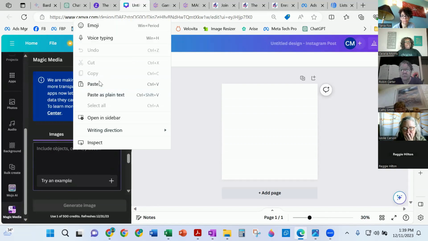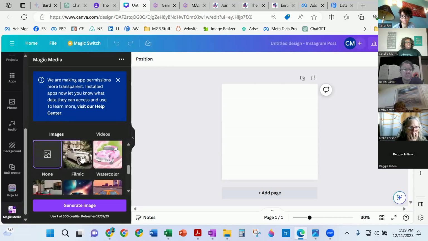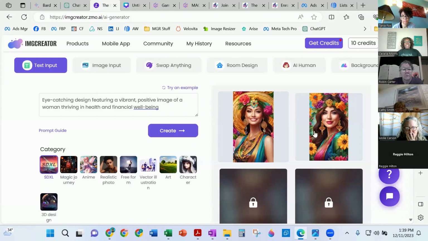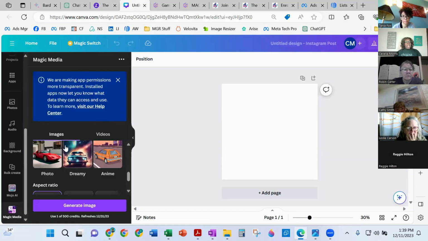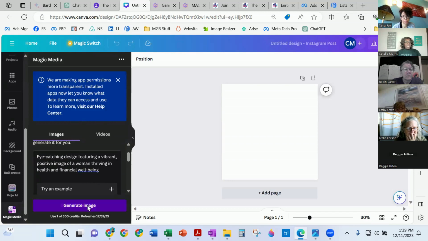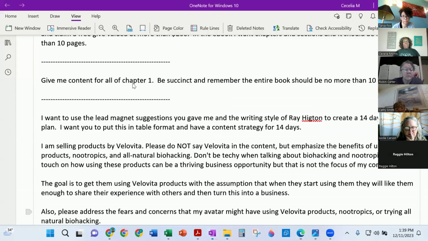I'm gonna put the same text in here and I'm gonna say I want, let's see what type of image do I want. I didn't pick one on image generator, did I? I didn't. So here's what it gave me on image generator. It looks vibrant, happy. I could have picked any one of these categories. So I'm gonna go back to Canva and I'm just gonna pick Summit. And I've already put my text in here. So generate image, and we'll see what Canva comes up with. While that's working in the background, let's go back to our prompts.